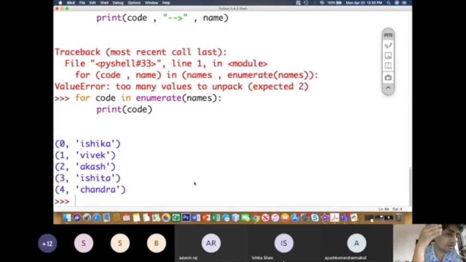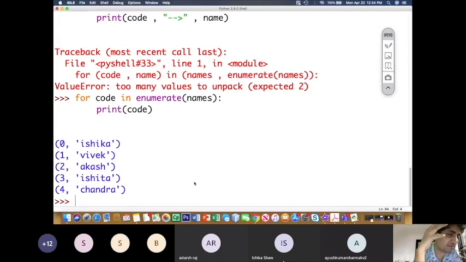मतलब इसने क्या किया? What it did is it has fixed a number or code with each value in the given sequence. उस given sequence के सभी value के साथ ऑटोमेटिकली एक नंबर जोड़ दिया है और जोड़ के tuple प्रिंट कर रहा है. जब आप code प्रिंट कर रहे हो तो ये enumerate क्या कर रहा है? It is producing a list of tuples.